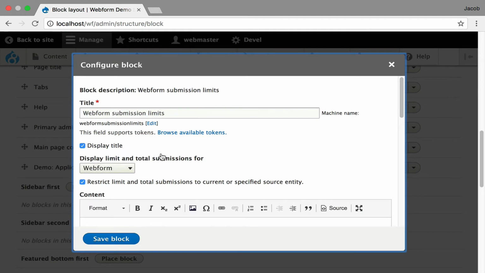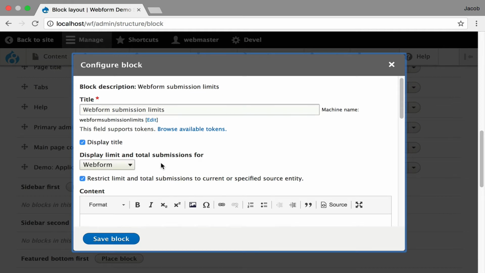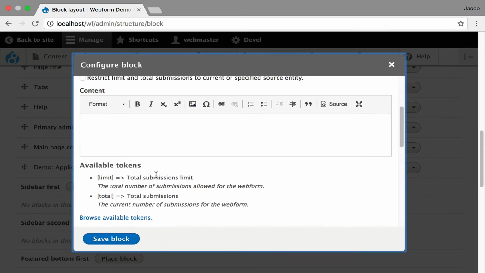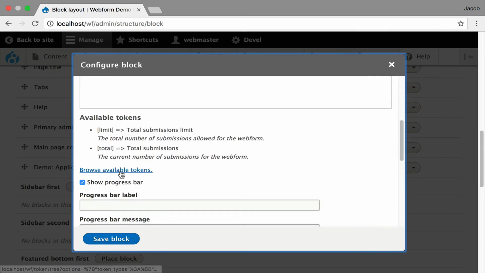I'm not going to go crazy here. So this displays limit and total submissions for the web form. We're not going to restrict it to the source entity. You can just turn that off. You can actually put tokens in. So we can put in, limit here,